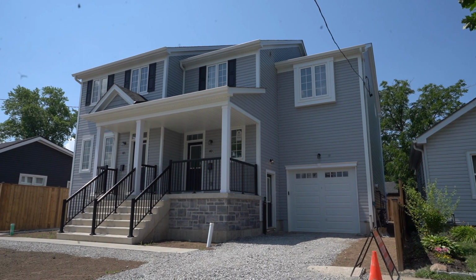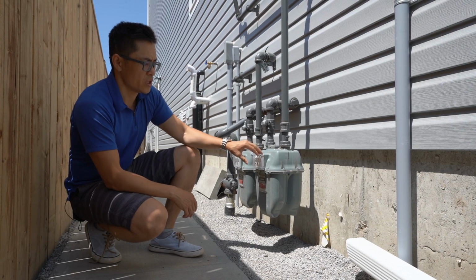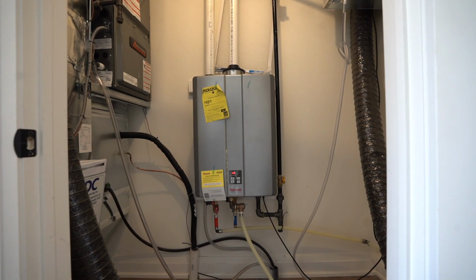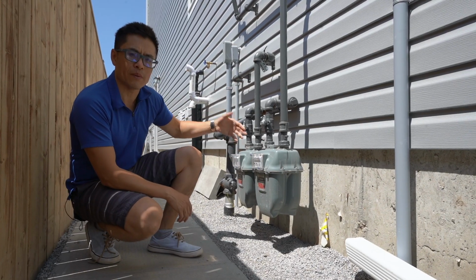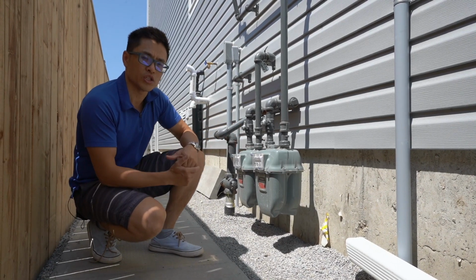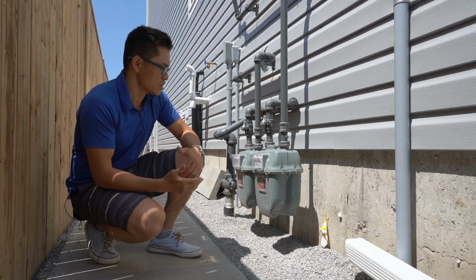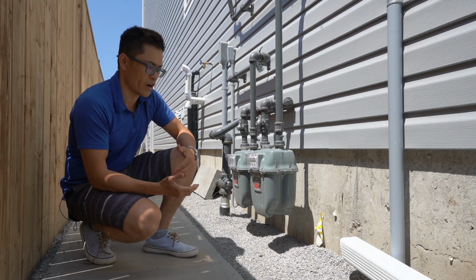The other thing, of course, is that these are providing the fuel for the water heaters as well. So the upper unit has its own tankless water heater that supports all the hot water needs for the upper unit. And then in the basement, that boiler system that we're using is actually a combination system that also does hot water heating. And so we feel that's a very useful and efficient way to provide heating and hot water